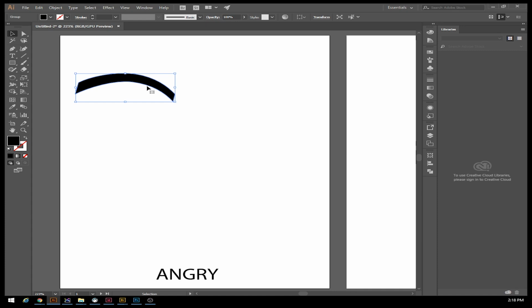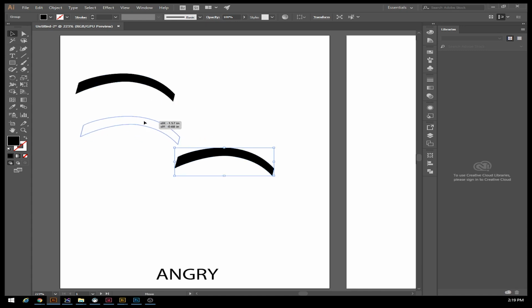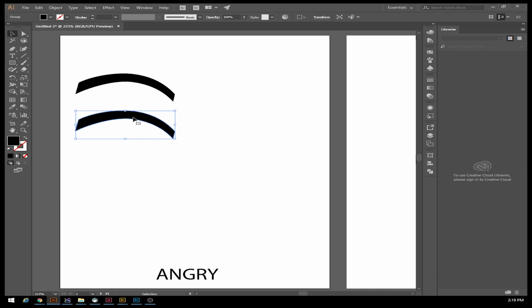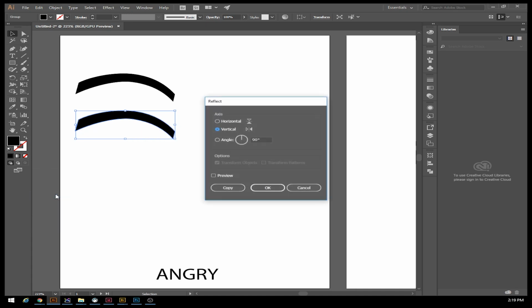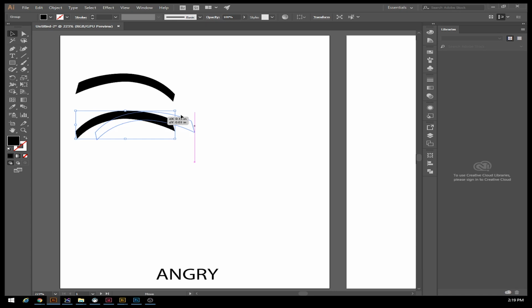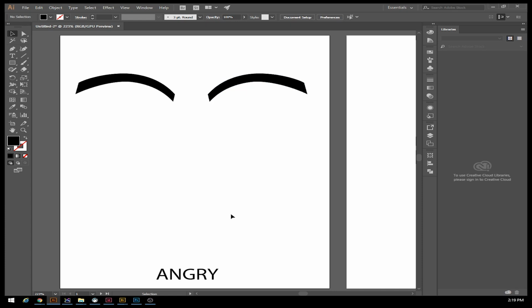other side. So the shortcut for copying something on your keyboard is Control-C, and then Control-V will paste it again. Now, obviously, I've pasted the exact same one. So I'm going to right-click on this, and I'm going to transform, and I'm going to reflect it. And I want to reflect it vertically, so that it goes left to right as opposed to horizontally up and down. So I just simply hit OK, and now I get that reflection of it. I can put it into place where it's going to be, and I've got the starts of my face showing